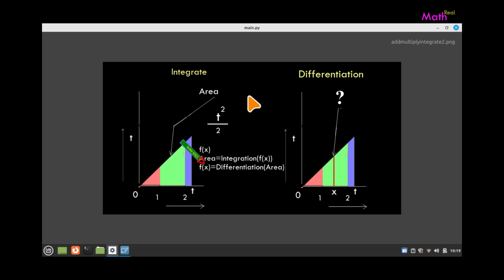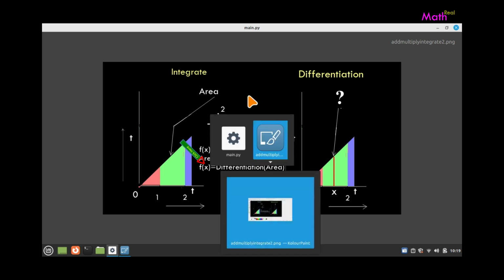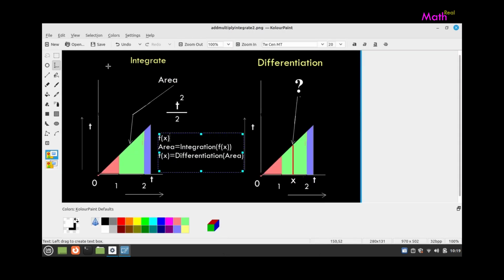If we know the area and do the differentiation, we get back the f(x). So that is the idea. So here the question mark is t. The equation of this slant line is t. So if we know the area is t square,